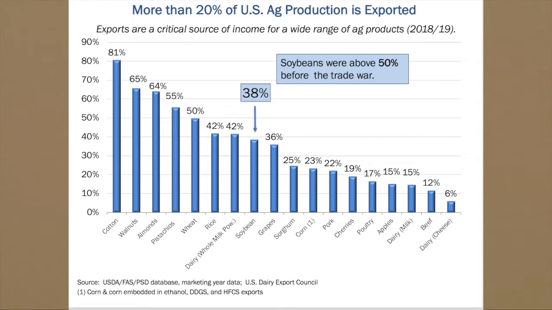But then you get a case like livestock products, say such as beef, where the amount that we export may only be 10%, but that 10% makes U.S. beef one of our largest agricultural exports. So the point is, agricultural exports are important to U.S. ag production, and our reliance on these foreign markets is really important to the incomes of farmers, as well as the overall value of the agricultural sector.